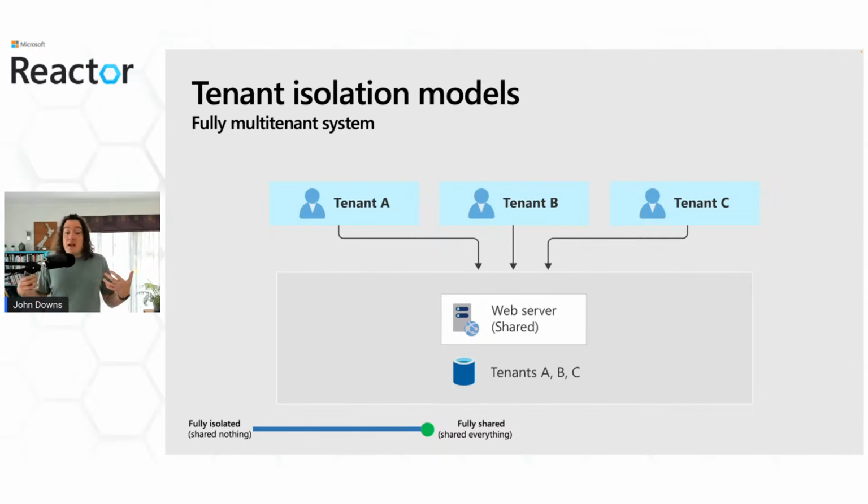But we need to be very careful to separate out our tenants' data in this kind of architecture, especially if it's sensitive. Our application code needs to be really careful to include tenant IDs on every database request, for example, and not to accidentally leak data between tenants. And we also need to be conscious of ensuring that one tenant can't take up more than their fair share of resources, which we'll talk about shortly.